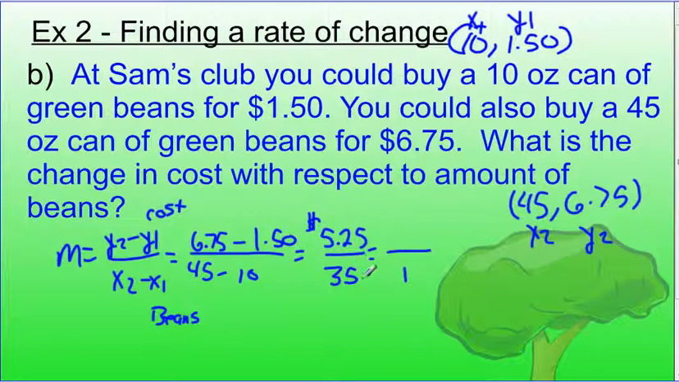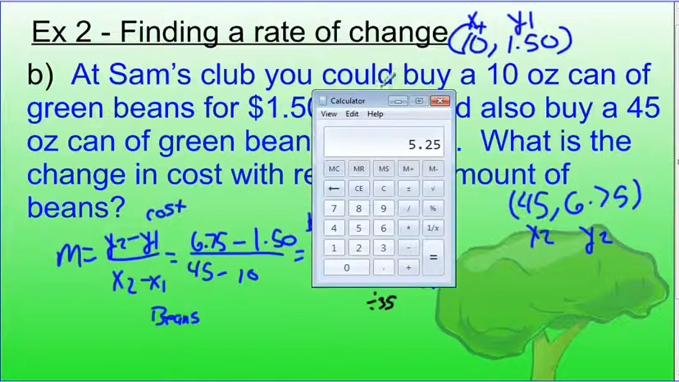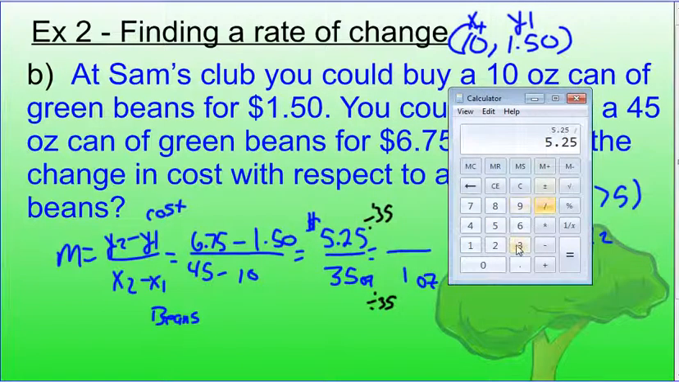there's this thing called a unit rate. A unit rate has a denominator of 1. If we turn this thing into a unit rate, it's going to be much more helpful as far as our understanding of this problem. So we're going to divide top and bottom by 35. That gives us 1 ounce of beans in the bottom, and it gives us a cost up top. Let's see, so 5.25 divided by 35 equals